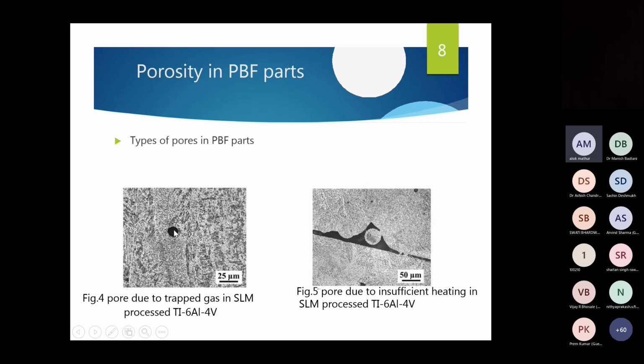Still it is not good, because these pores may cause gas to be trapped in this method, so we want to avoid that. These are some issues which arise if we don't use a proper power source and proper sintering method.